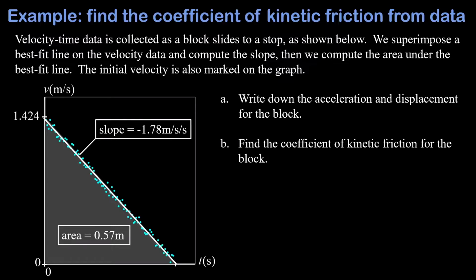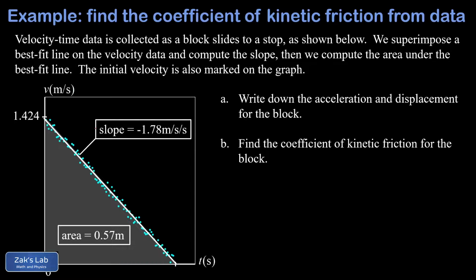In this video, we're looking at a problem that's mostly a graph interpretation problem. And the context here is that we're told we have a set of velocity time data for a block sliding to a stop. So this looks very much like the data we would collect with position sensors in the lab. So we're going to use this data to find the acceleration of the block, and then we'll use that acceleration to solve a dynamics problem where we find the coefficient of kinetic friction for this block by observing this sliding